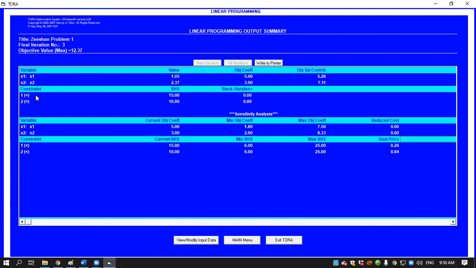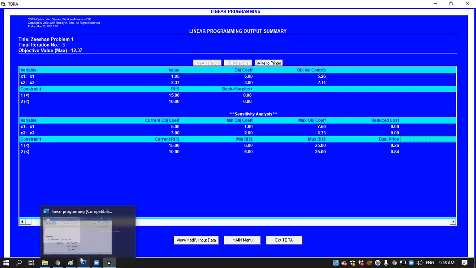But the first part of the variable constraint, the upper part of this sheet, is giving you the basic solution, where you can see that x1 has a final value of 1.05, as we have concluded in the graphics and as well as in the simplex method. So x1 value is concluded at 1.05, x2 value is concluded at 2.37, and in the objective function,